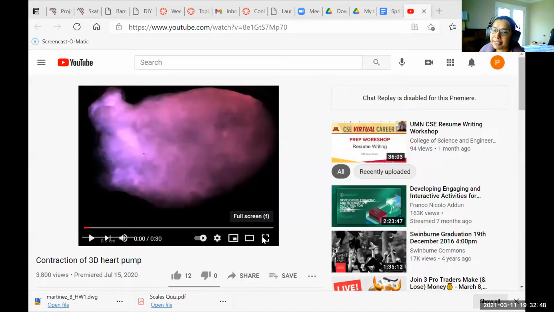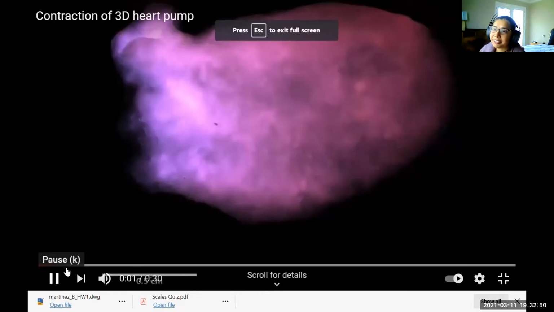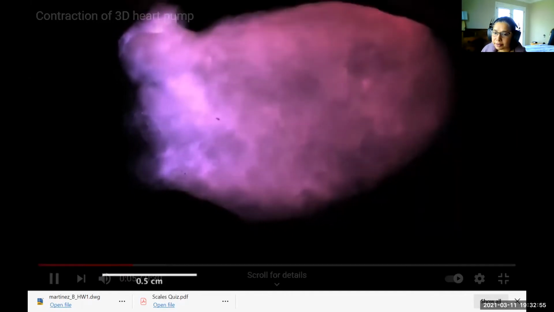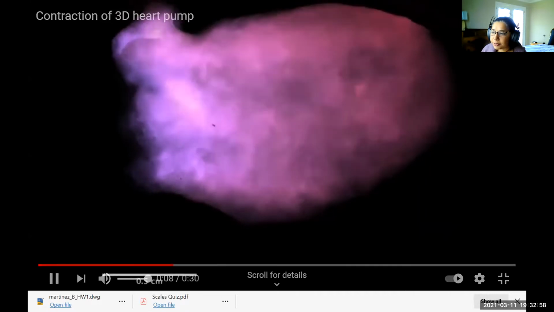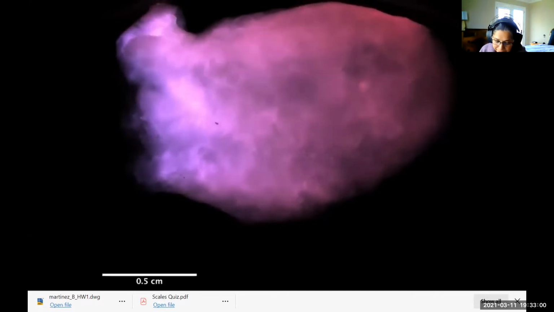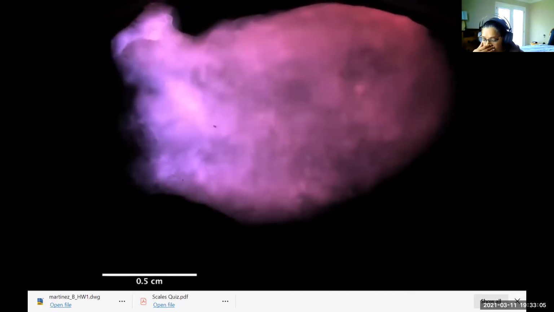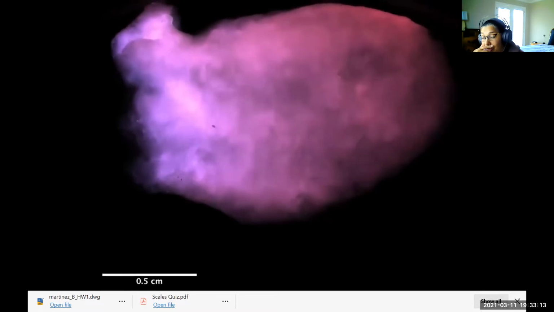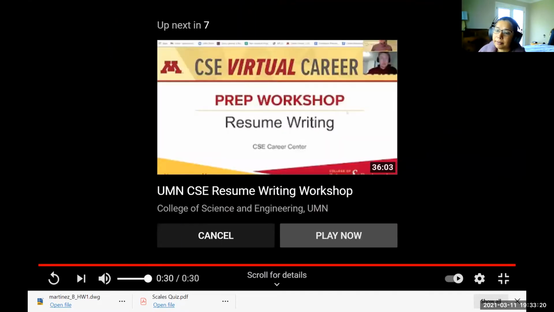So I just thought this was really cool, and I want to share this with you. It is a 3D printed heart that's pumping. There's no sound on it. But basically, this was developed at the University of Minnesota, and this is really for helping people with heart disease, which is one of the leading causes of death in the U.S. It kills more than 600,000 people a year, and this was just published, I think, last month.